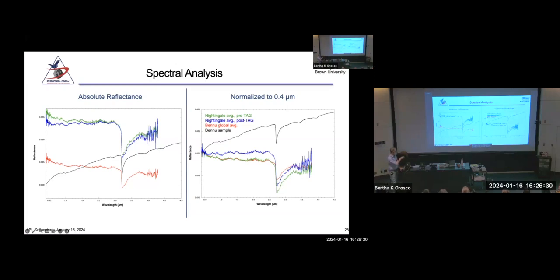You can see Bennu is in red here. This is the global average. So you can see what I mean by the blue slope, right? It's very subtle, but it does get more reflective as you go to these shorter wavelengths. There's a characteristic absorption feature here at 2.7 microns. That's indicative of the hydrogen-oxygen bond. That's those hydrated phyllosilicates. And then out here in the noisy 3.4 micron, there's indicative of carbonates as well as